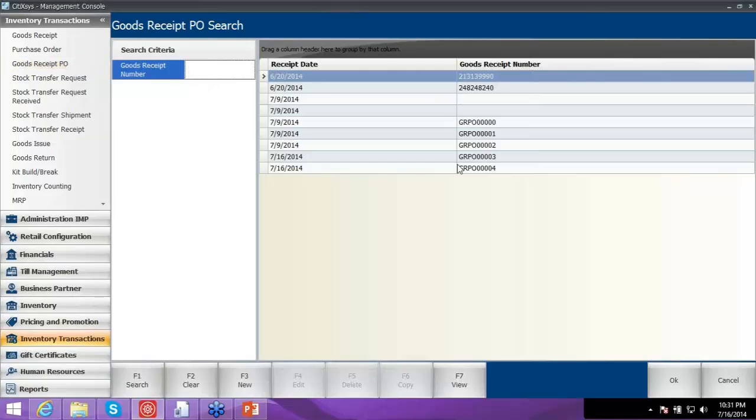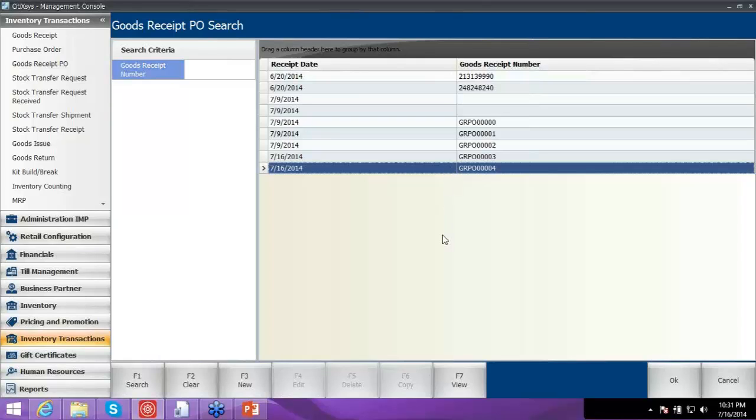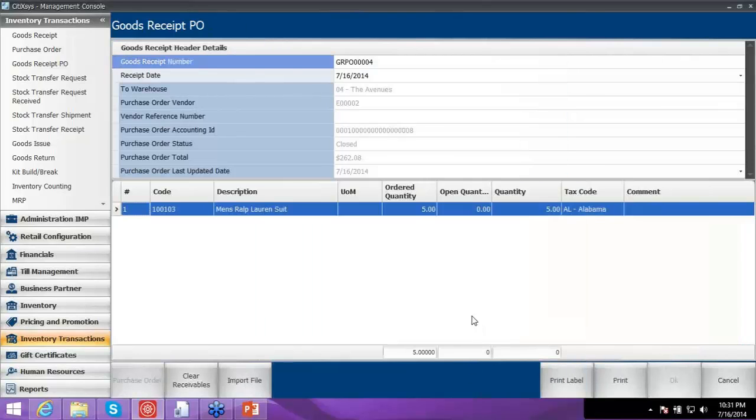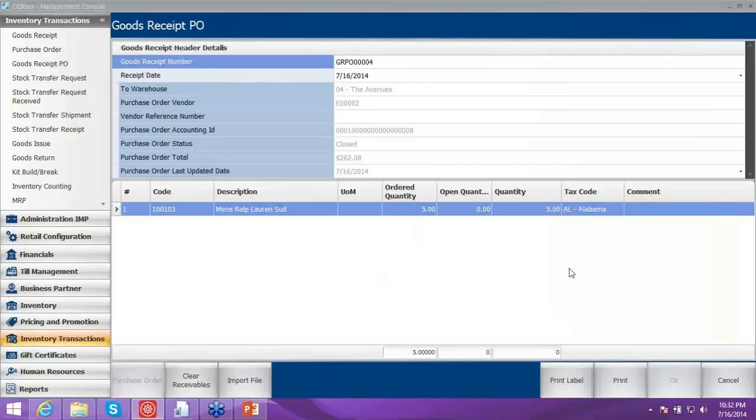Why am I going for a goods receipt PO? Because I have recently received a GRPO which has been turned from a purchase order. When I click on view, you can see that this particular purchase order I have received in my store. I have received it using a particular